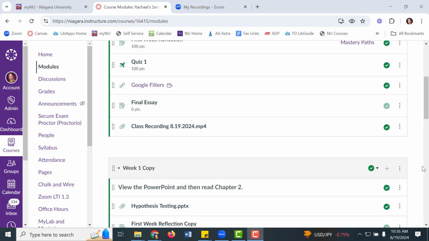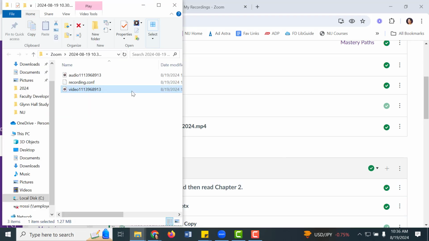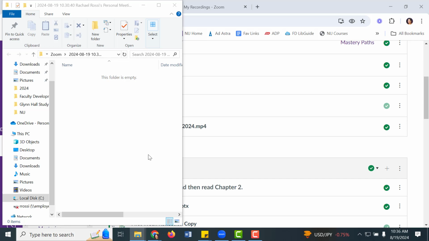Once I've got it safely in Canvas, I really don't need that file on my computer anymore, especially video files. They take up a lot of room, so I can come back here to the file path, and I can just select all of these, and I can delete them. Now, deleting it from your computer does delete it permanently, so make sure you only do this once